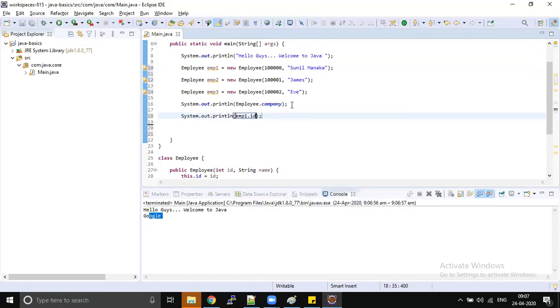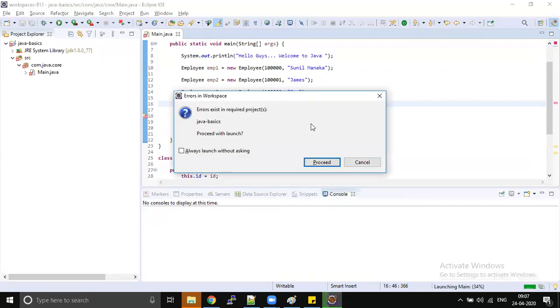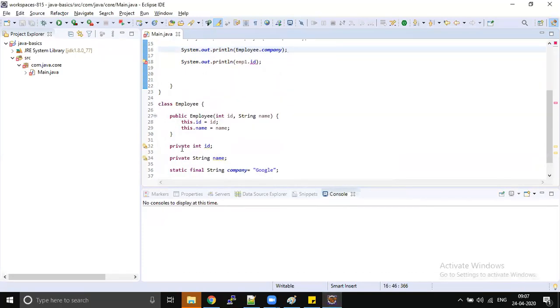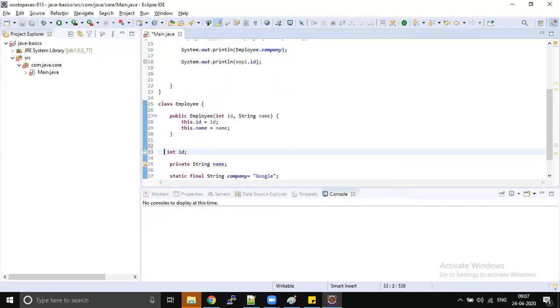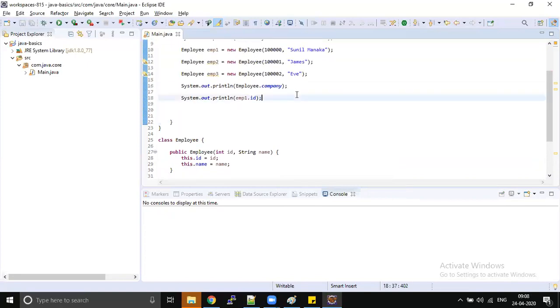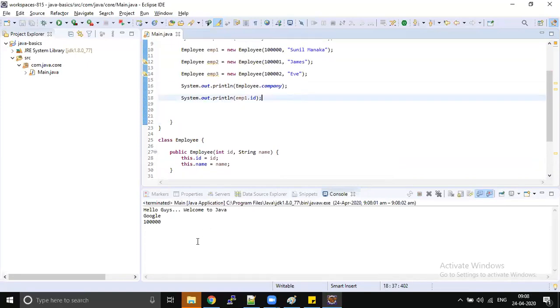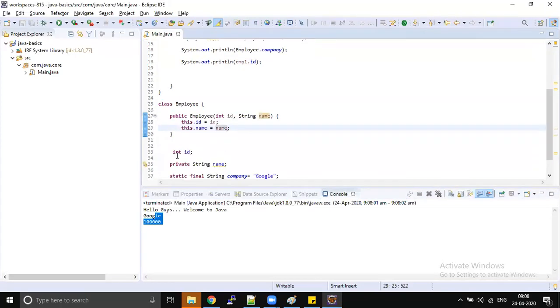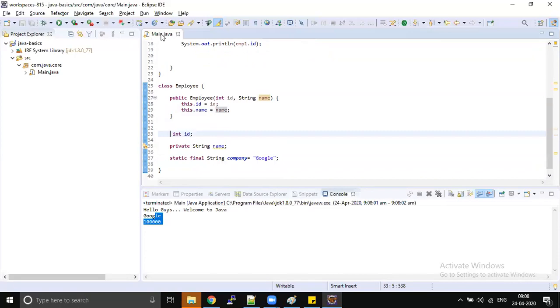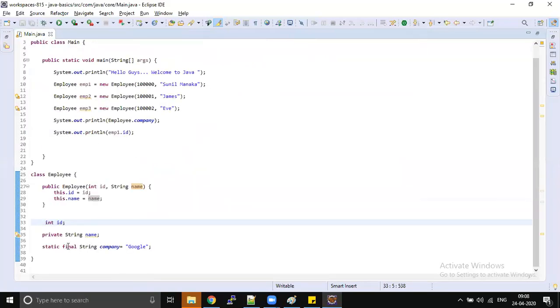emp1 dot id. Okay. So it should not be private. I hope you know why it is not private, right? Private scope is up to the class. If you mark anything private, a private variable, private method, private constructor, then it is going to be private.